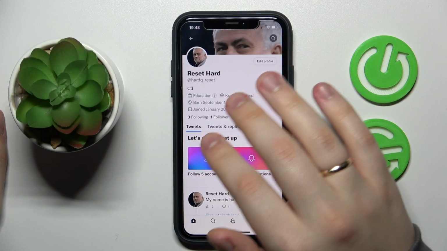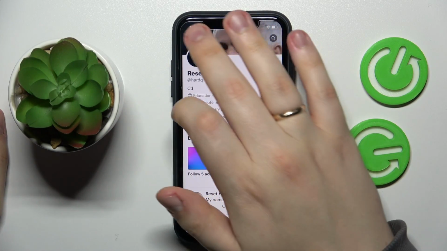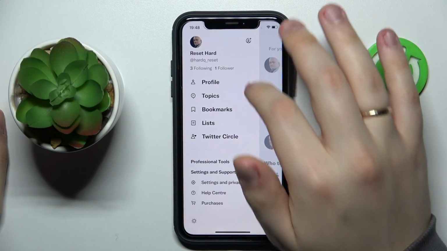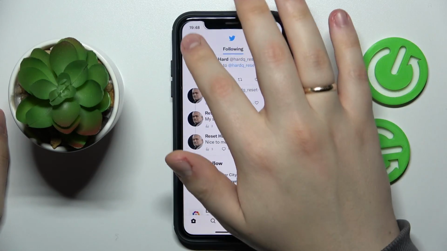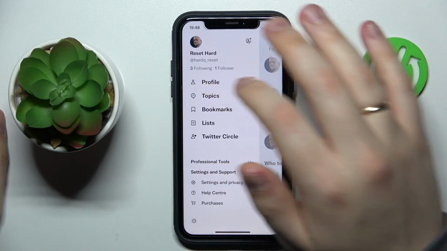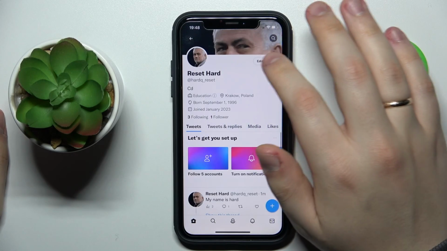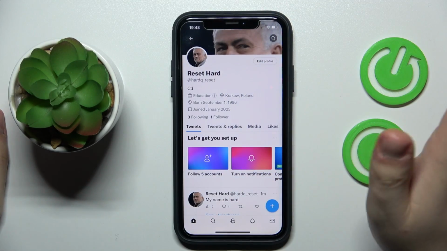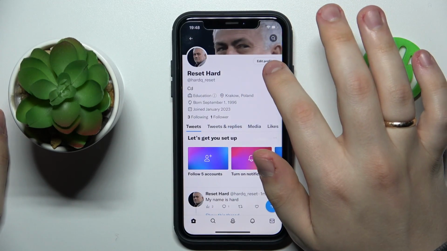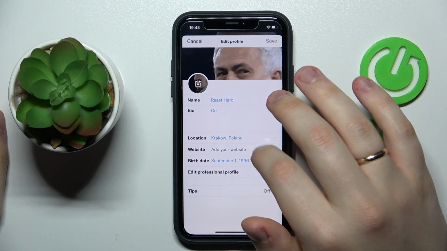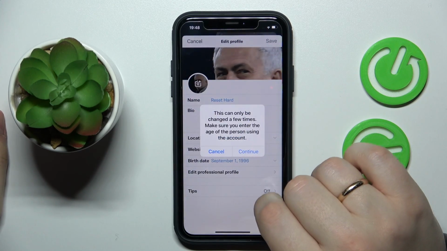So that's a very simple thing to do. You just need to open your Twitter profile, which you can do from my home page by tapping on your avatar and tapping at the respective profile option. In here, tap at the top right corner of the screen, tap at the edit profile button, then birth date,